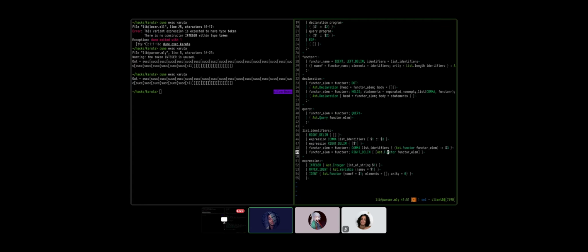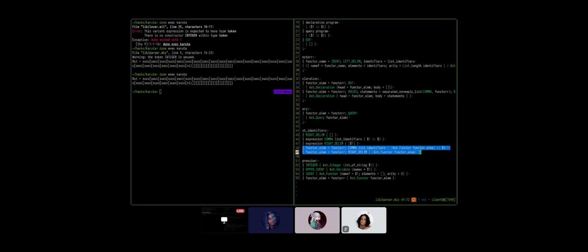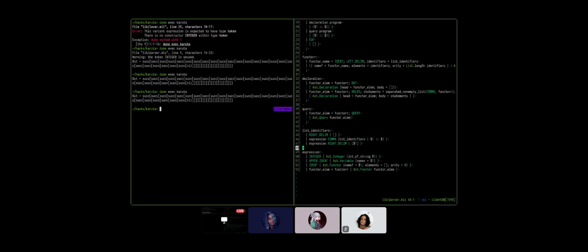Hmm. No, you don't need the comma and you don't need to copy that part because this is already being dealt with by 46, 47. Just copy the functor lm. Okay, I guess we can do this, and then this becomes ast.functor functor lm. No, you need the no, actually that's it. Actually, yeah, now you can remove 48, 49 and maybe this works. It does.